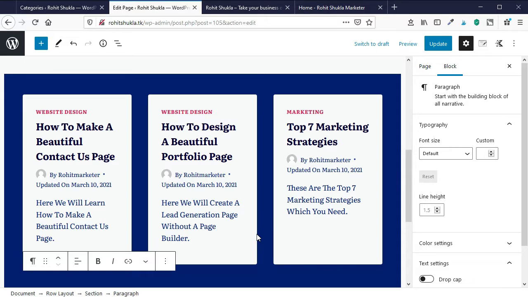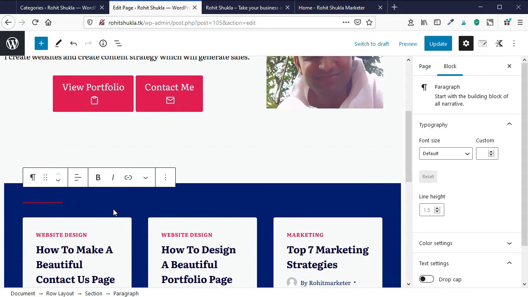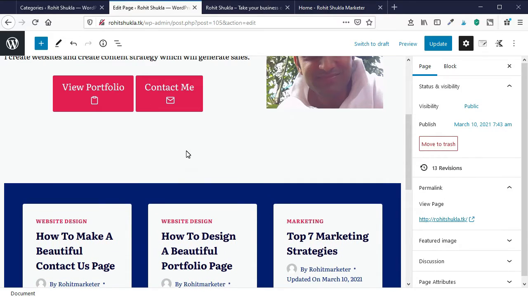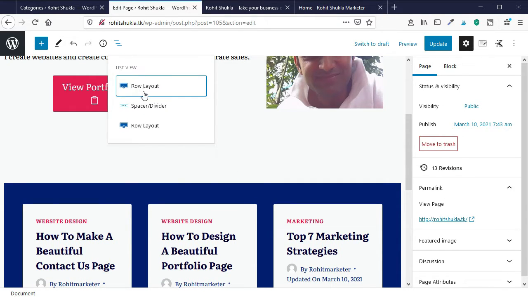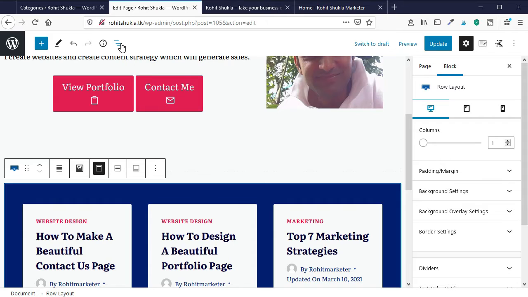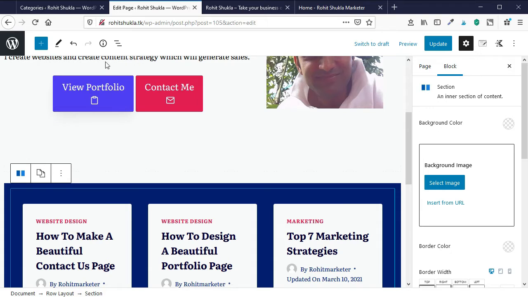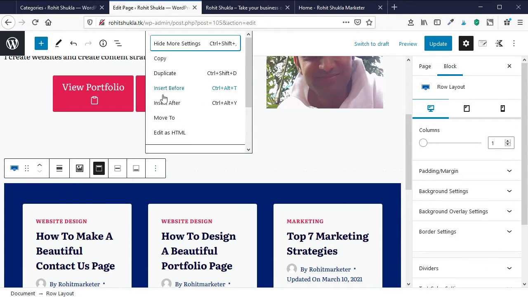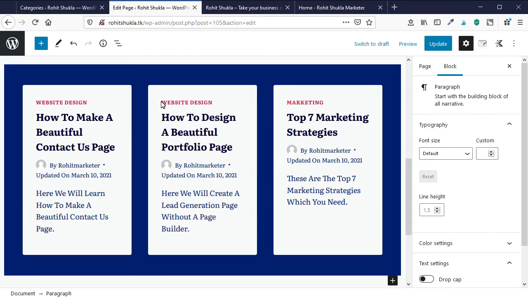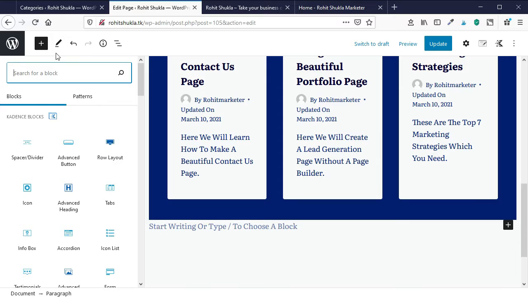There is a blank paragraph here, so we will move it upward and convert it, and we will type my latest post here. Now let's see how it is looking in this section. I just removed it because this was the default paragraph section. Now I want to add the advanced heading section of the Kadence Blocks plugin. So I'm just inserting a block.